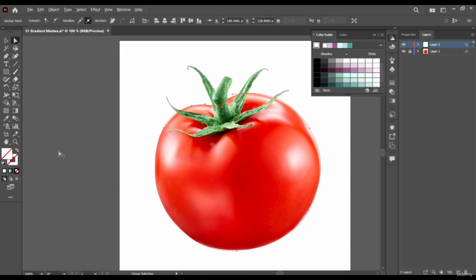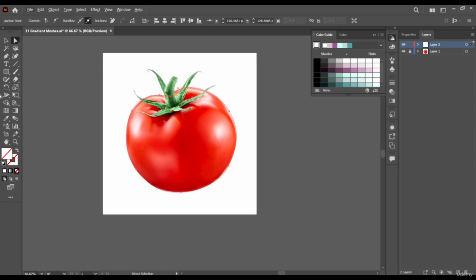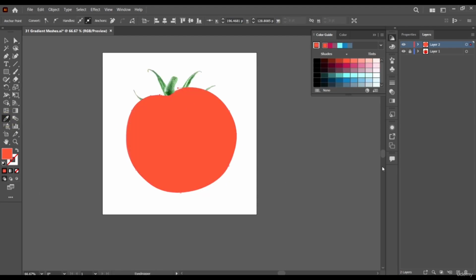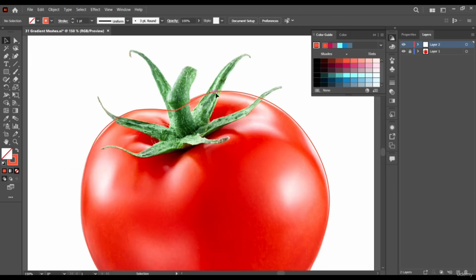So we have a basic representation of our tomato fruit. Now select the eyedropper tool and give it a color from the tomato fruit. Let's swap this color to make it our stroke color, so we can have enough space to draw out the remaining shape here.